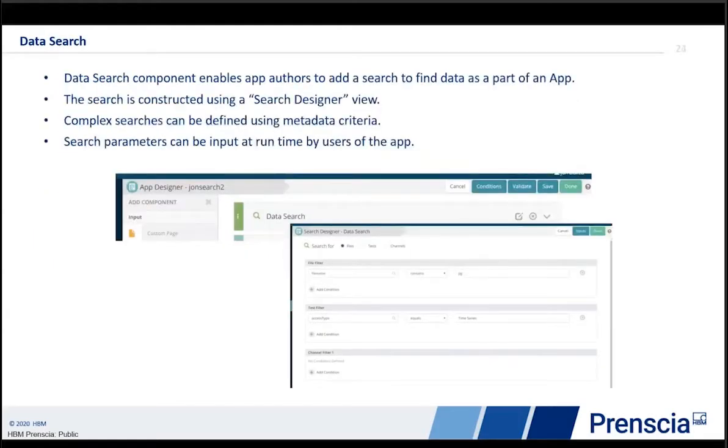So when creating an app within Aqira, we have certain standard components that authors of the apps can put together in different ways, basically the building blocks of the app that they can drag in and connect together. And we have what's called a data search component. This is a key component for putting search into an Aqira app. And so the author can then